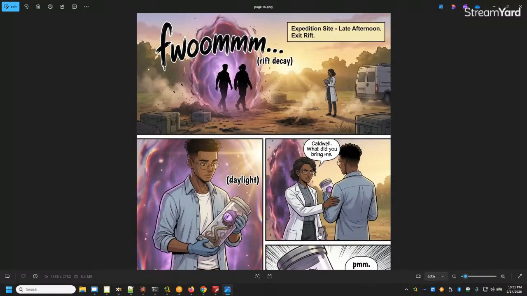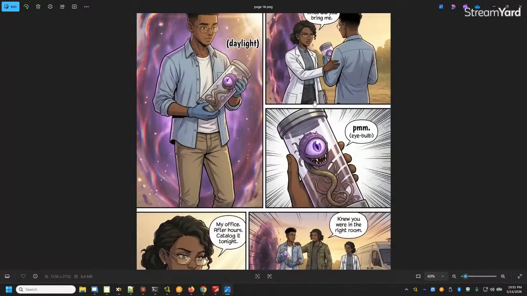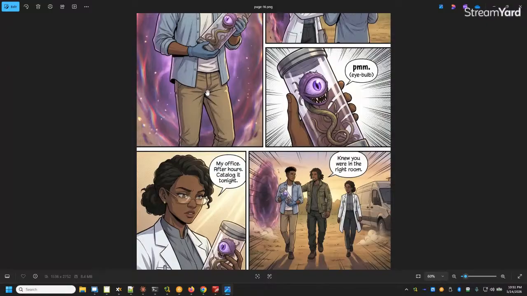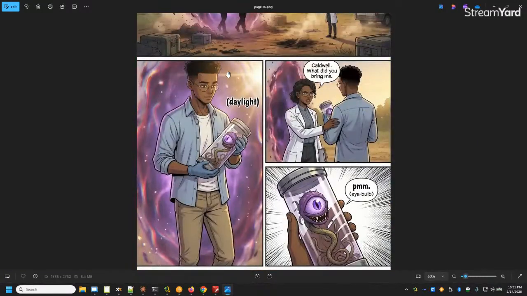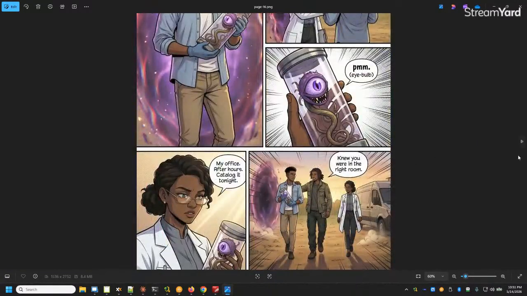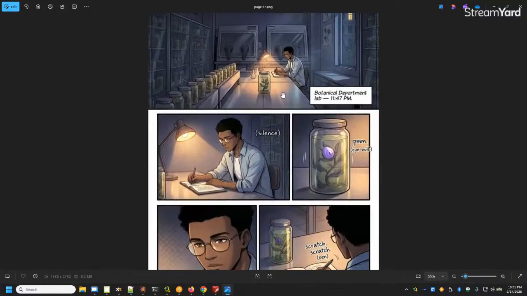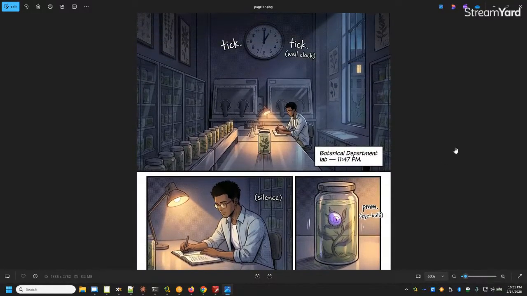And then of course GPT image has its own distinct sort of look. I do love the outlining, the coloring and stuff. And again, the lens flare, even though it's incorrect, but that's okay. All right, so we're going back into the laboratory. Again, the excessive sound text, but that's fine.